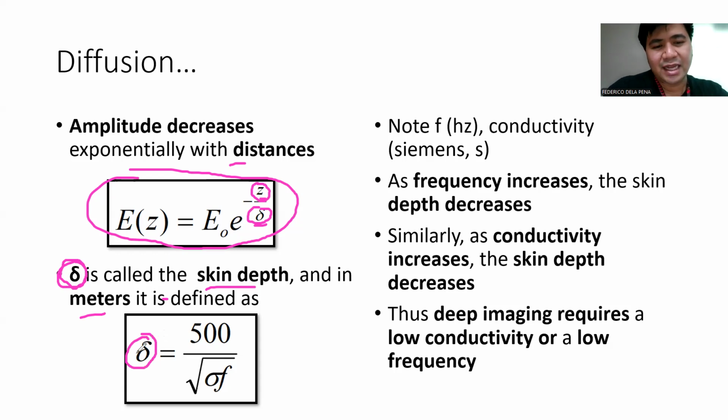Skin depth, or delta, is a quantity that decreases with increasing frequency. So generally, the higher the frequency, the shallower the skin depth. So when you have a high frequency,